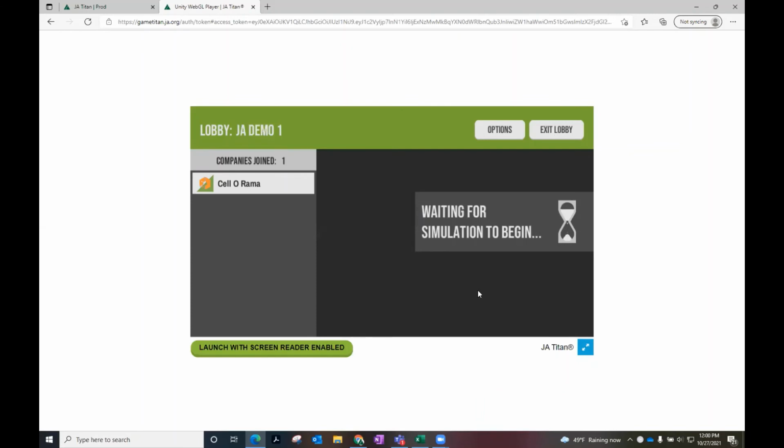I cannot stress this enough. So I triple check. I often walk behind the students so I can see their screen and I make sure I see it for myself that this hourglass is turning. You will also see all the students, or the teams, pop in on this left-hand side as they join. So once you can confirm that everybody is on this page, then you can go back to your team login,